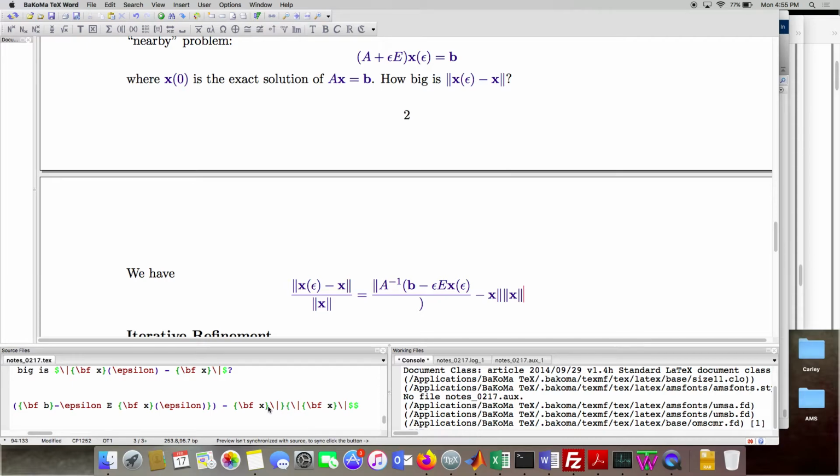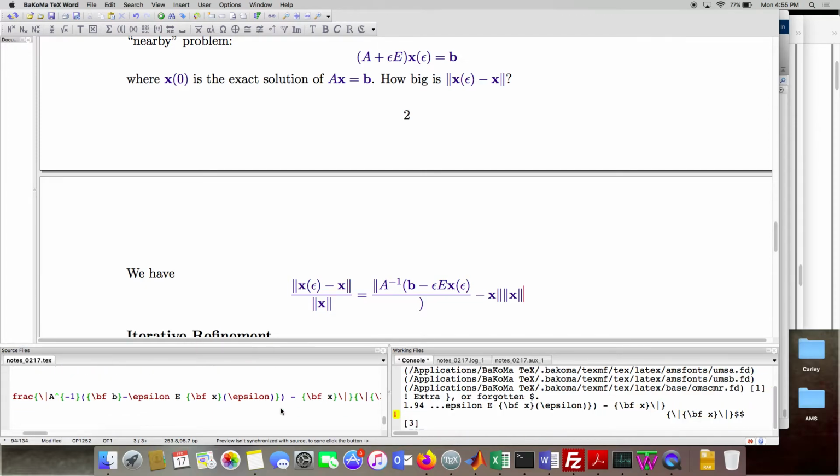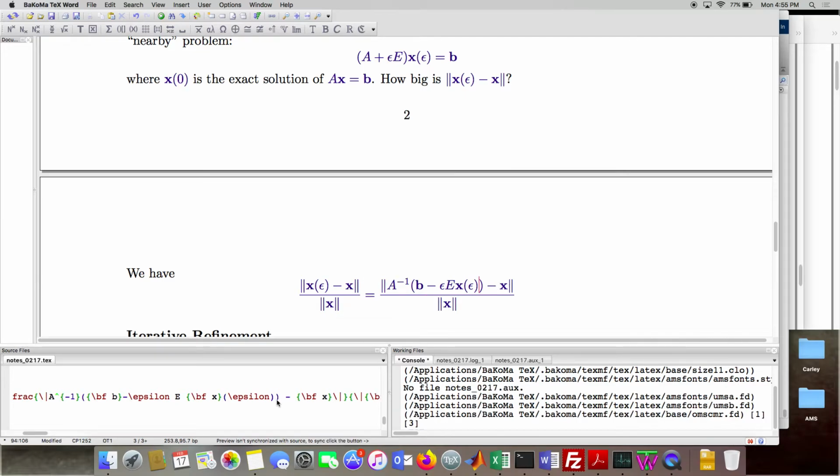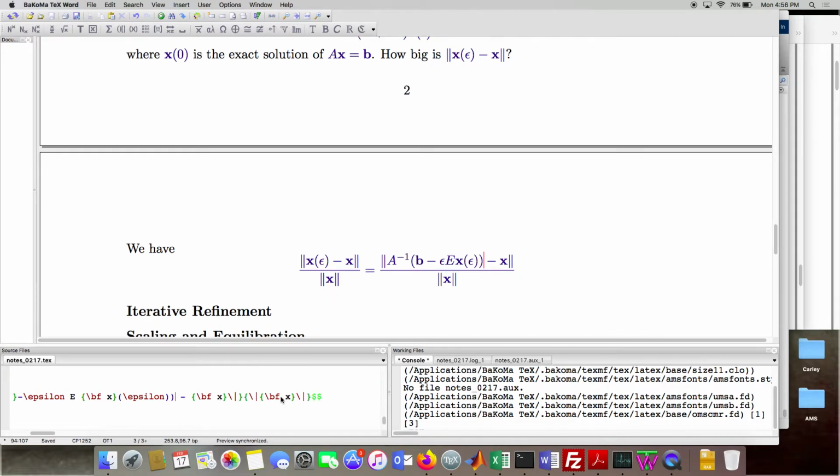Oh, something went wrong parentheses-wise. A inverse B minus A inverse times epsilon E. Okay, good. Now, this is what I get for doing this sort of thing on the fly, but